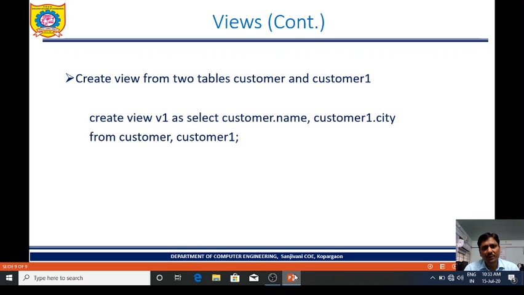Create a view from two tables, customer and customer1. In this example we are going to take attributes from two different tables, customer and customer1.